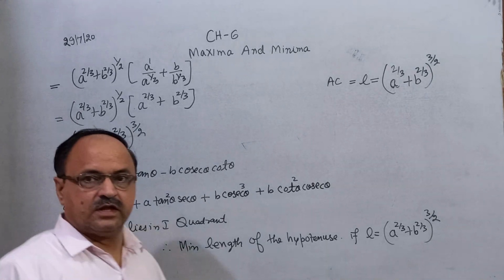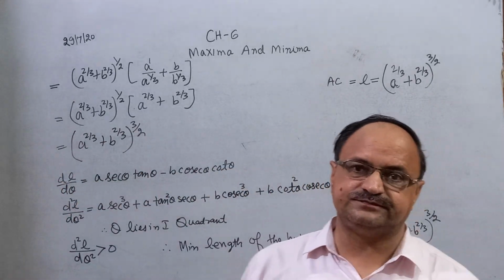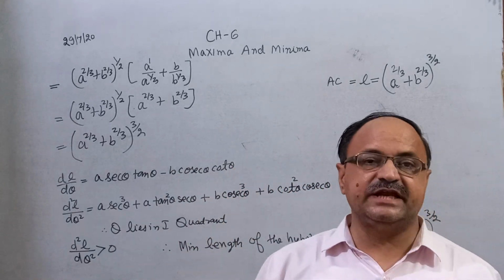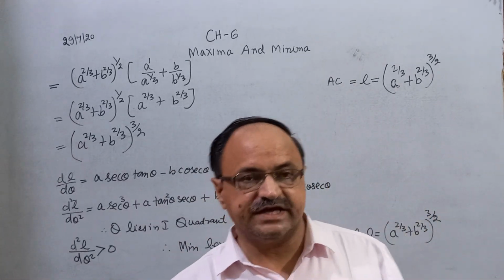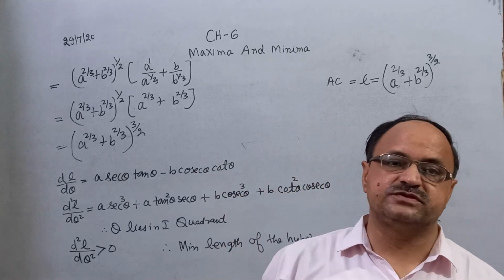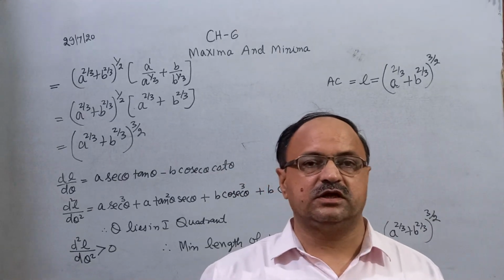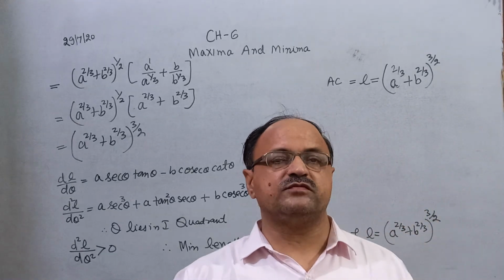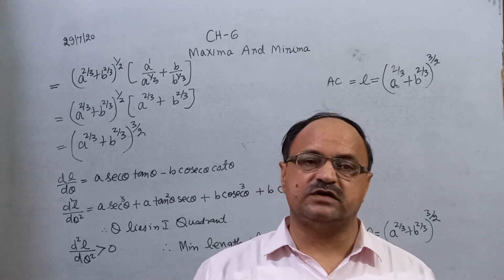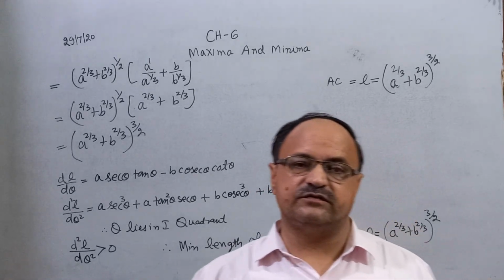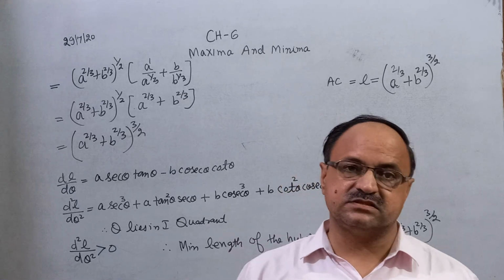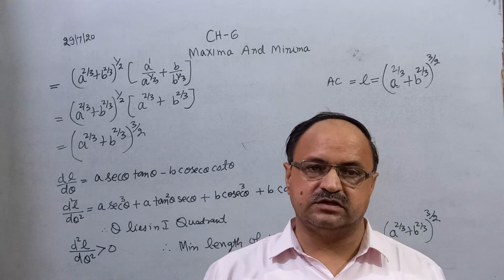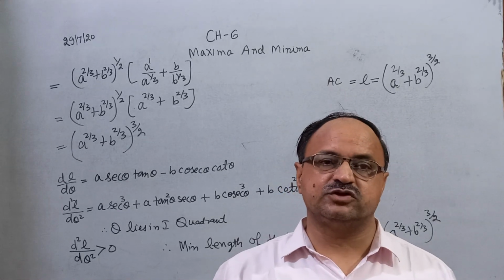Okay. And your homework: revise the miscellaneous exercise of chapter 6 thoroughly with the examples. Revise 2 times, 3 times, and solve these questions. Clear? This is your assignment. Revise all the word problems of maxima and minima, because all the word problems of maxima and minima are very tough, but practice makes a man perfect. Again and again, by practice you can understand the questions of maxima and minima very well.